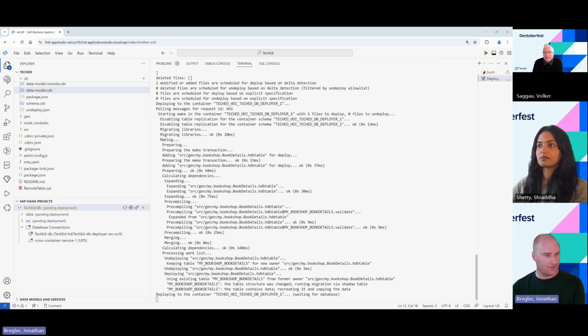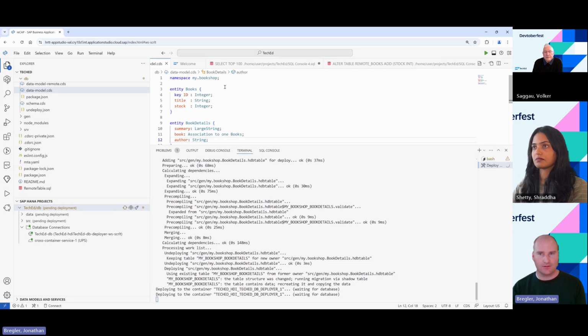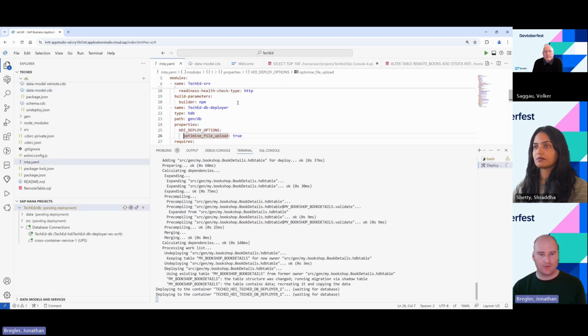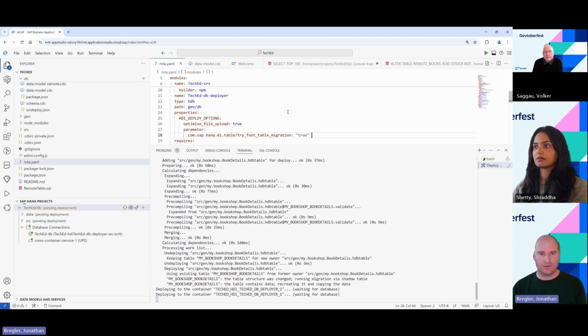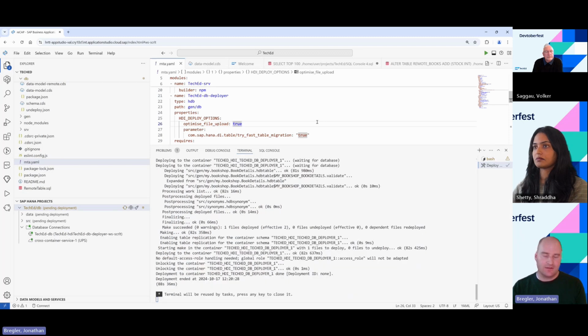What I'll do is, well, I'll go back to my mta.yaml file. I'll just let this run. Eventually, it'll continue. And so I'm just going to add another parameter. This time, it's called try fast table migration. And what this does is it tells the database to try and detect the type of change that was happening, and find a SQL statement that can